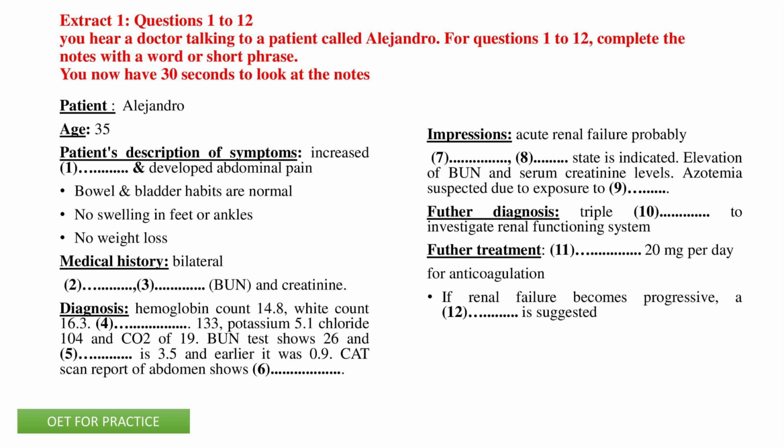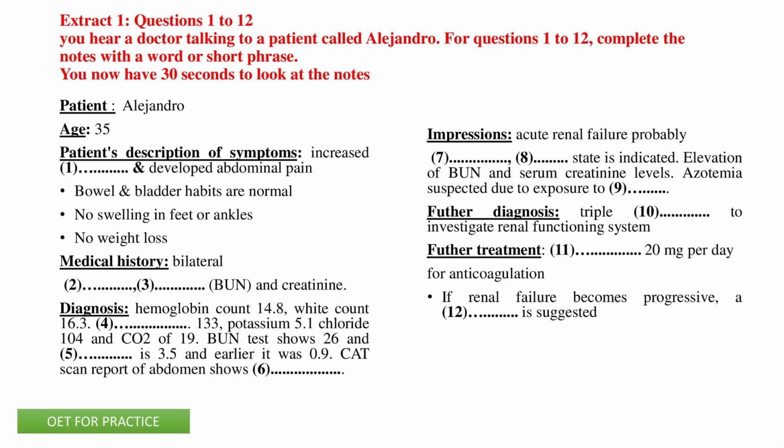35, doctor. Your diagnosis report shows bilateral pulmonary infarcts and increasing BUN and creatinine. What medication are you taking? Heparin. Do you have any past history of any renal problems? No, doctor. I was feeling completely normal until recently. What about your appetite? It's good. Any swelling in your feet or ankles? No, doctor. Do you have chest pain? No, doctor. And your bowel and bladder habits? Normal. Any sudden weight loss?